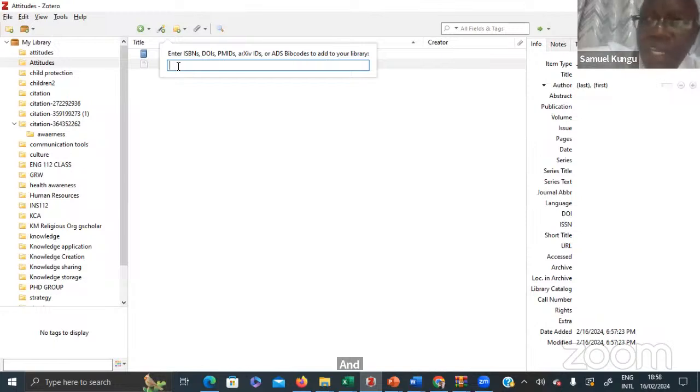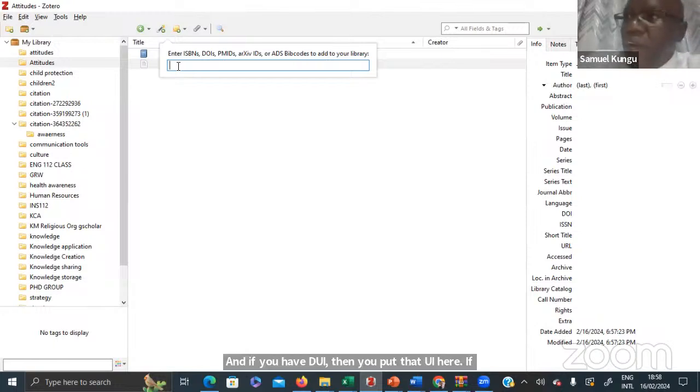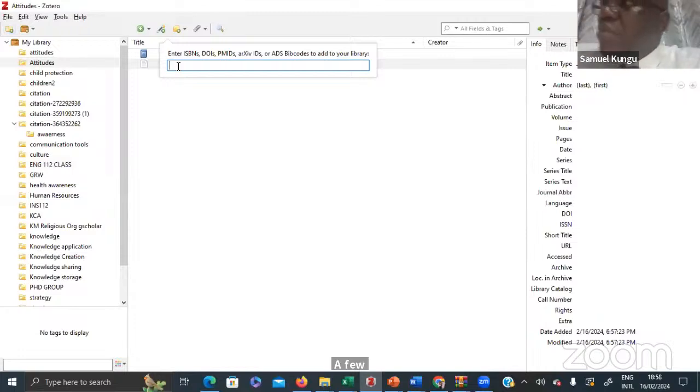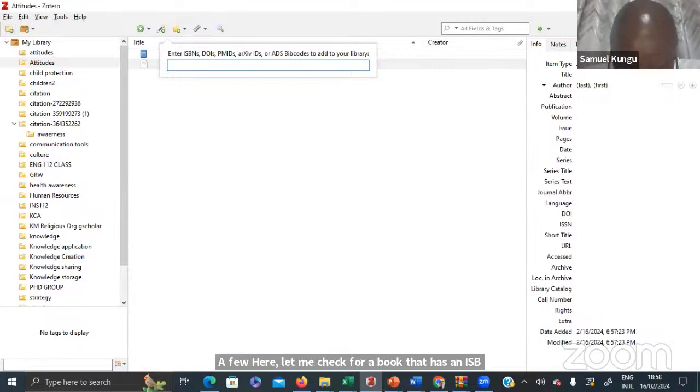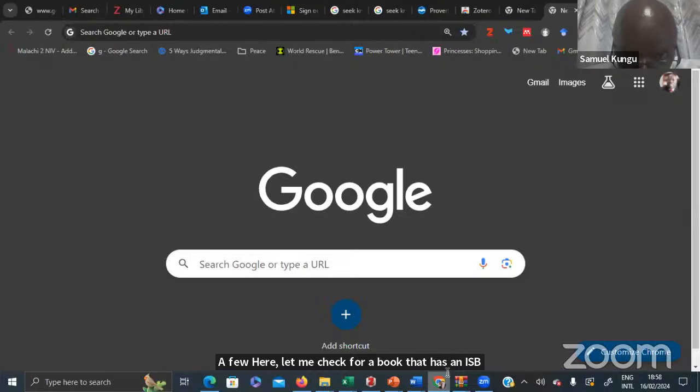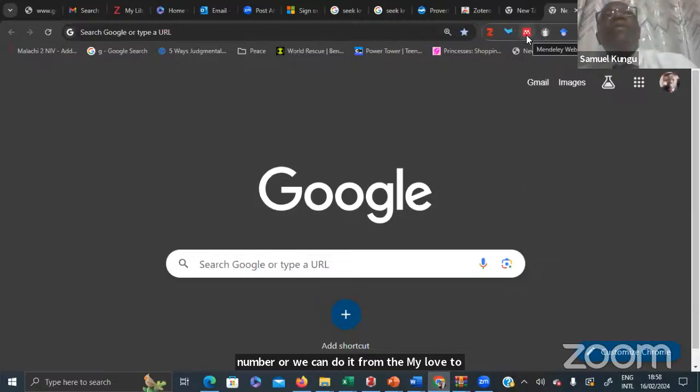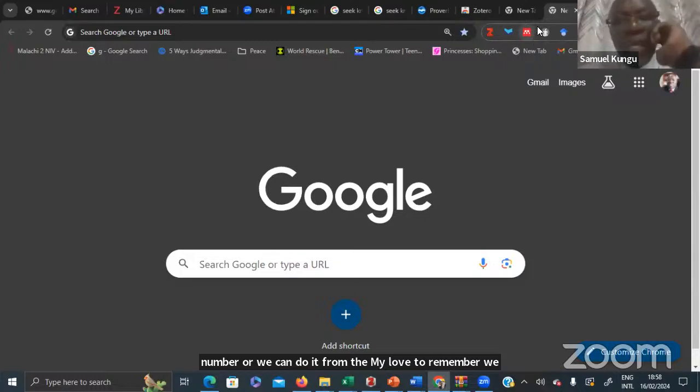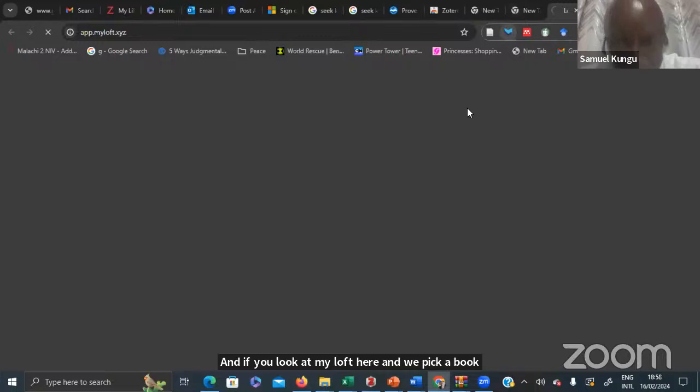If you have an ISBN number, I think I have a few books maybe on the table here. Let me check for a book that has an ISBN number, or we can do it from My Loft. Remember we had talked about My Loft. If you look at My Loft here and we pick a book that has ISBN,